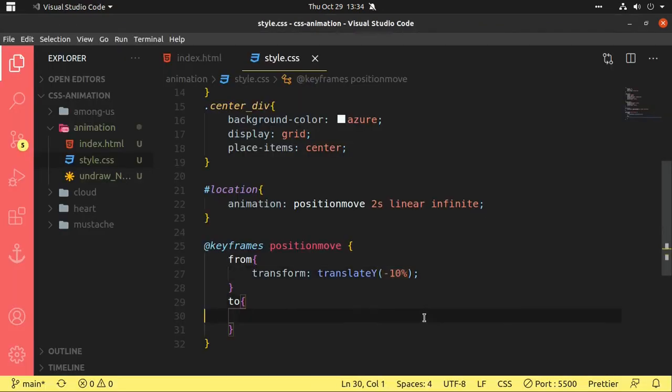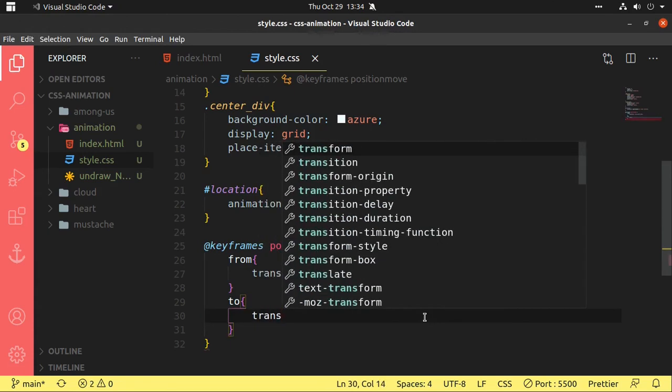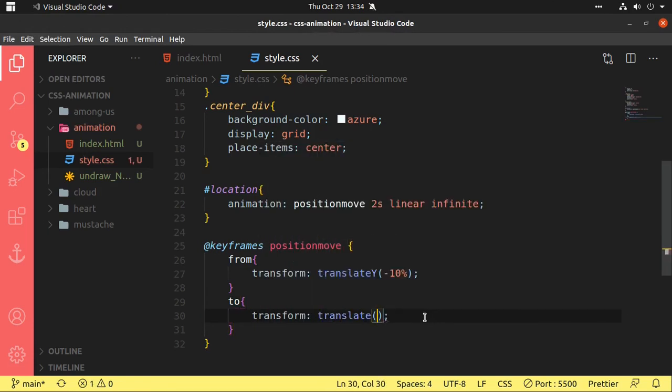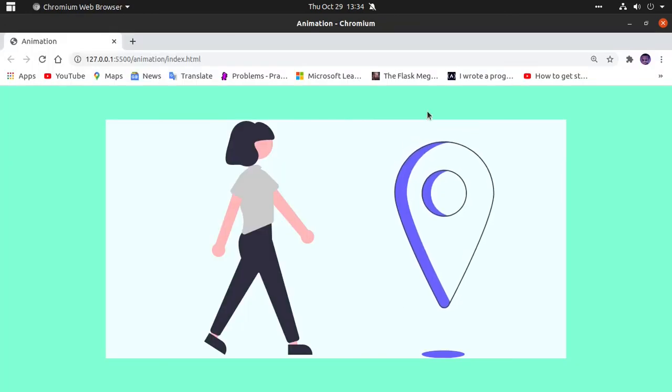So how to do it? I'll put it here first: from translate Y minus 10%, I want to come back to 0% again, to the original location.